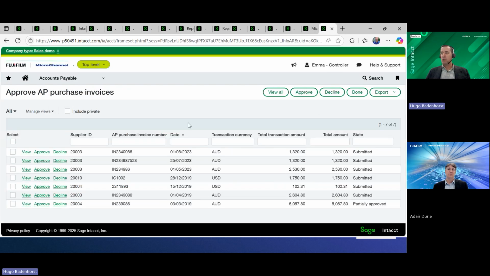So I've already opened that approval side of things. There's my approve invoices. So anything that I need to approve will sit there. And again, from a manager point of view, they can see who the supplier was, what the document number is, the date, the transaction currency if that's relevant, the amount, and also what the status of that transaction is. So it came in, and one of these was partially approved. So I know it went past someone else's authority. I know it's probably a high value transaction, and it went over the $5,000 mark that I had on that particular one. So visibility is key, and then the automation behind that, where we bring things in, is quite an interesting one.